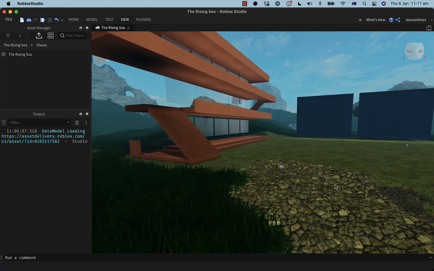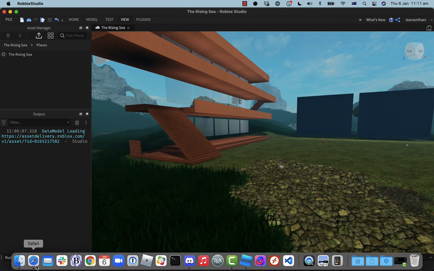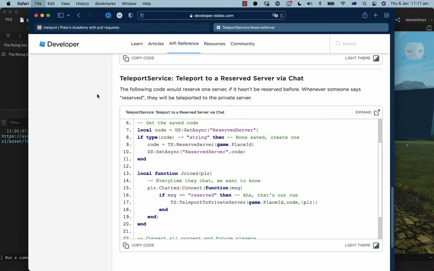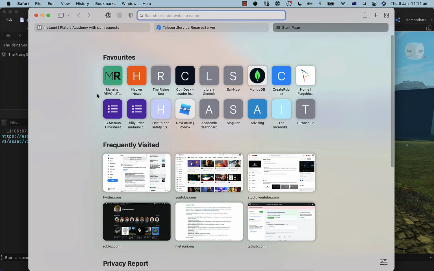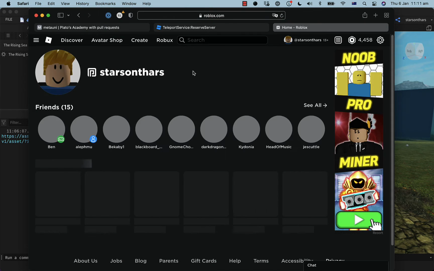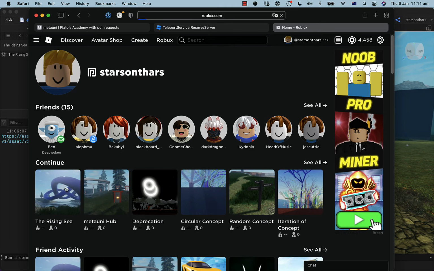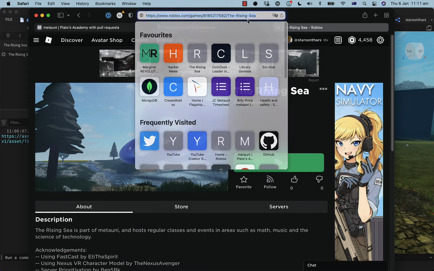Private servers, I would have thought, were private instances of an experience and not of a particular place. When you go to make a private server, you don't pick a place, or maybe I'm not actually clear on whether these pages are pages for places or pages for games, to be completely honest. So this here, is this a game or a place?